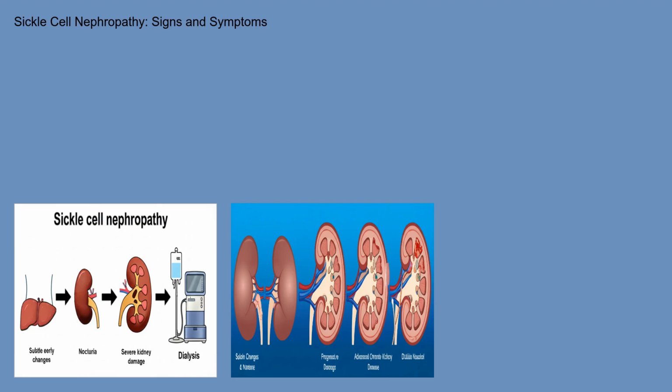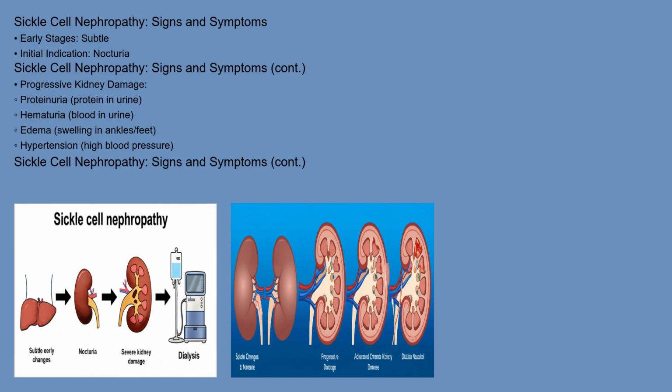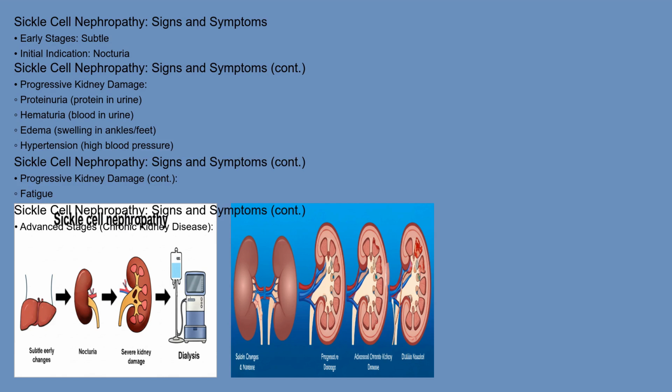The signs and symptoms of sickle cell nephropathy can be subtle in the early stages. One of the first indications is often nocturia, or frequent urination at night. As the kidney damage progresses, individuals may experience proteinuria, which is protein in the urine, hematuria, which is blood in the urine, swelling in the ankles and feet, also known as edema, high blood pressure or hypertension, and fatigue. In advanced stages, symptoms related to chronic kidney disease, such as nausea, vomiting, loss of appetite, and itching, may also